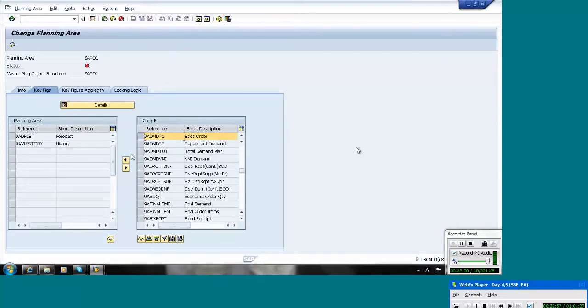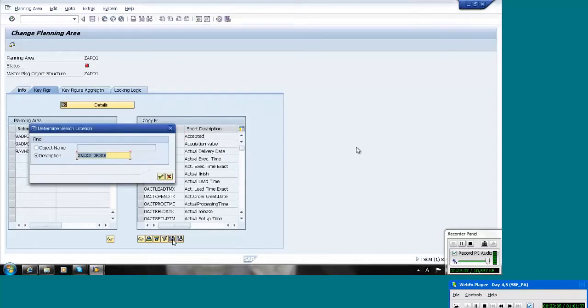Sales orders. And after running the statistical forecast, if the sales or marketing team give values, I will add those into the promotion key figure.